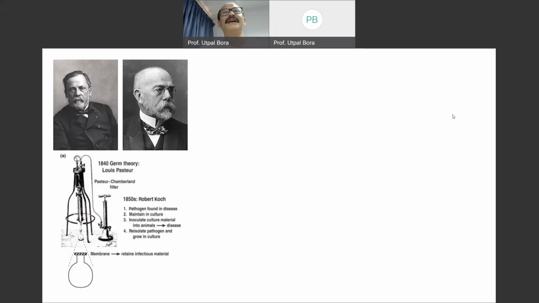Now, another seminal idea of the time was the Koch postulate. Those who are already experts in pathology know about the Koch postulate. There are four important things in it. So whenever you see some kind of disease, there is some kind of causative agent. It may be a biotic agent or an abiotic agent. But in this case, we are much more focused on the presence of pathogens associated with the disease. So for that particular disease, the first condition is that a pathogen must be found in the disease. Okay, number one condition. The second condition is that this pathogen could be cultured, or it has to be maintained